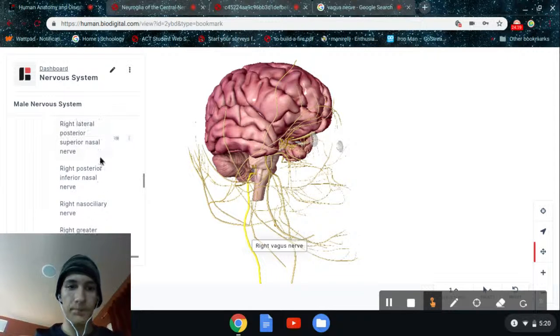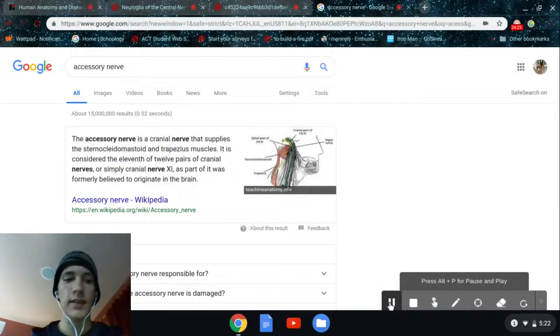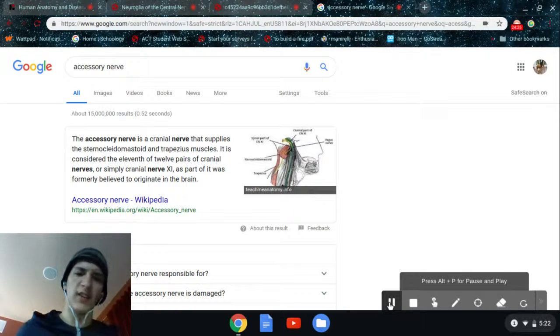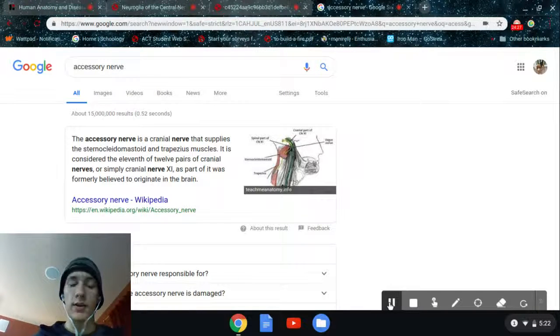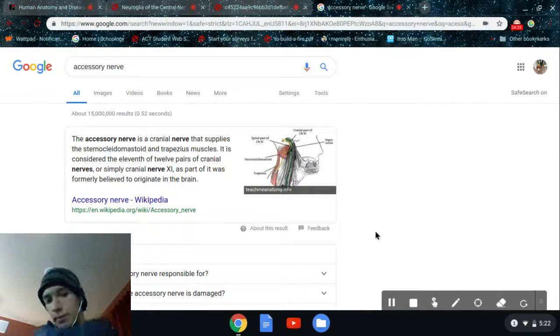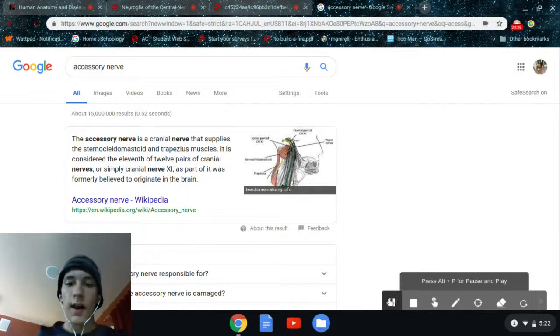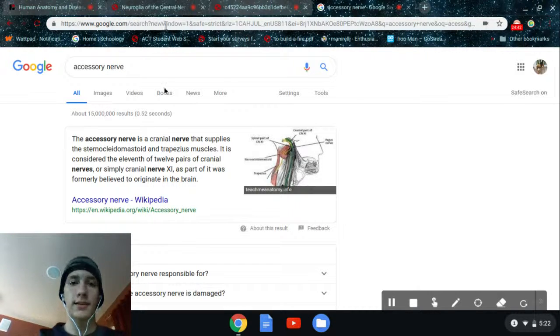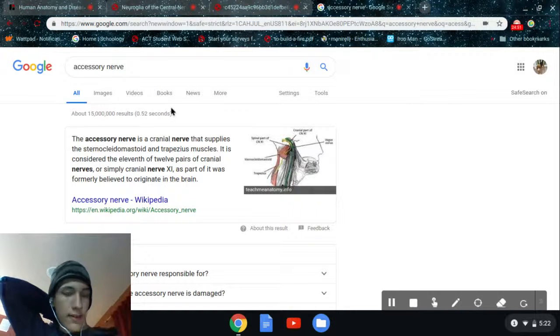I will be back. And the last one I haven't covered on this list that I couldn't find on the biodigital is called the accessory nerve, and it helps you control your sternocleidomastoid and trapezius muscles, so you can move your head and neck. They also have a particular list. See, this one's cranial nerve 11. Anatomically speaking,